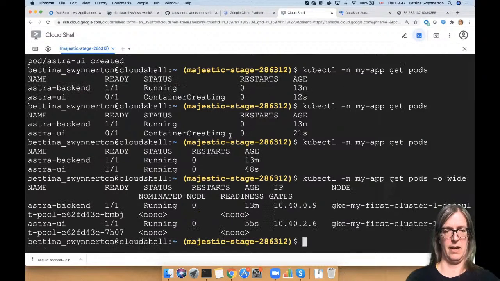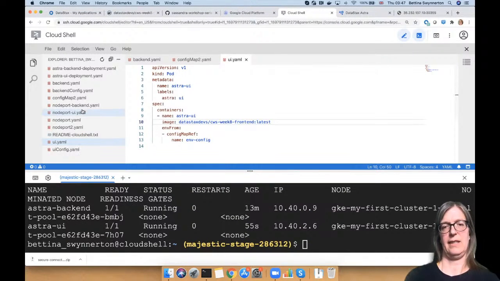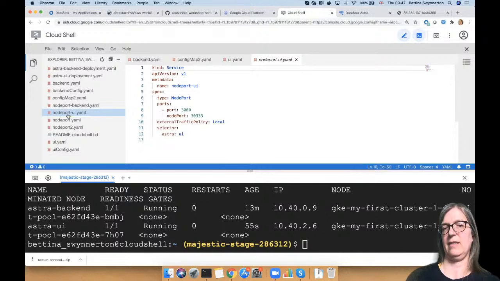This is now deployed on a different worker node. This is on the 7H07, right? So remember that, 7H07. But let's first create a node port. So the node port for the UI is here, and it's the same as before. It's just using a different port this time, right? So I'm tying this to the container port 3000, or the pod port 3000, and I'm mapping to the port